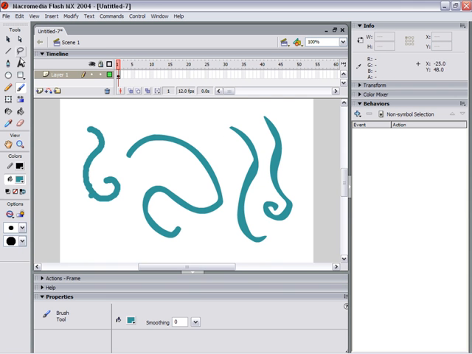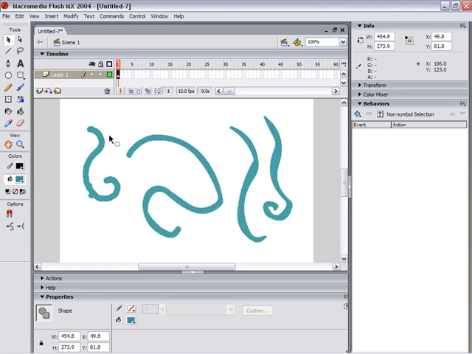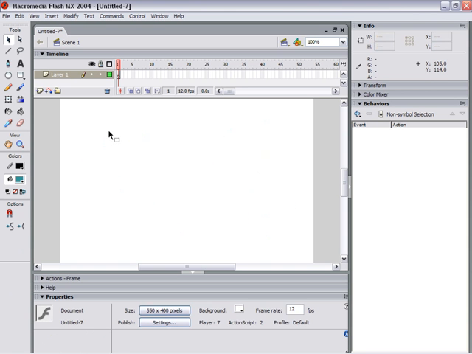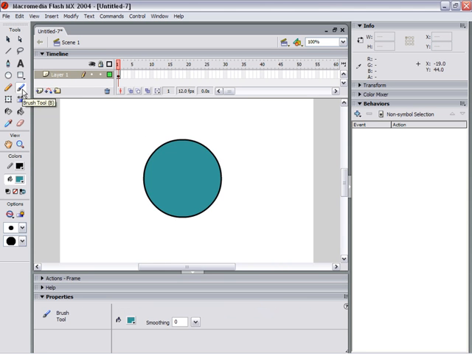Before I do that, though, I'm going to select my selection tool, choose Control-A to select everything that's on the stage, and then press the backspace or delete key on my keyboard to get rid of all that. Then I'm going to select my oval tool, and I'm going to draw an oval on my stage by holding down the Shift key and clicking and dragging to create a circle. Then I'm going to go back and select my paintbrush tool again,